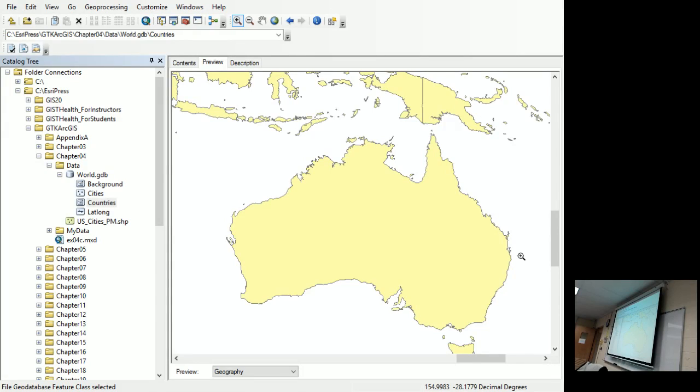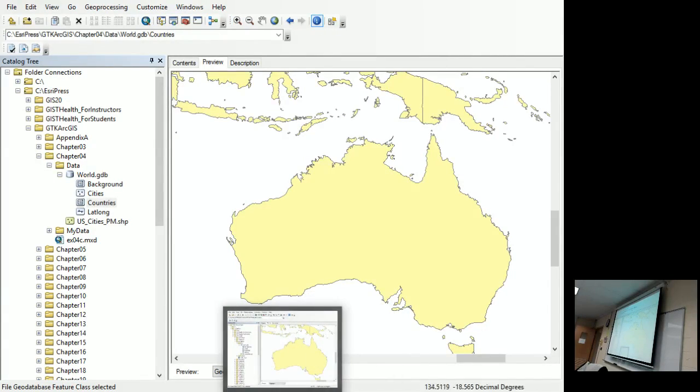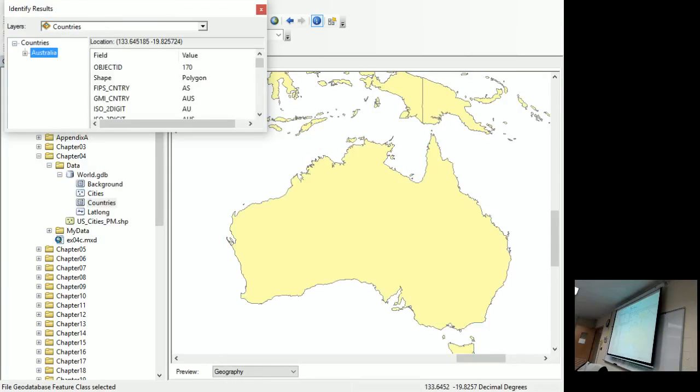On the geography toolbar, click the identify, which is the blue eye button. And then click on Australia and the identify results window shows, and you can make that bigger.